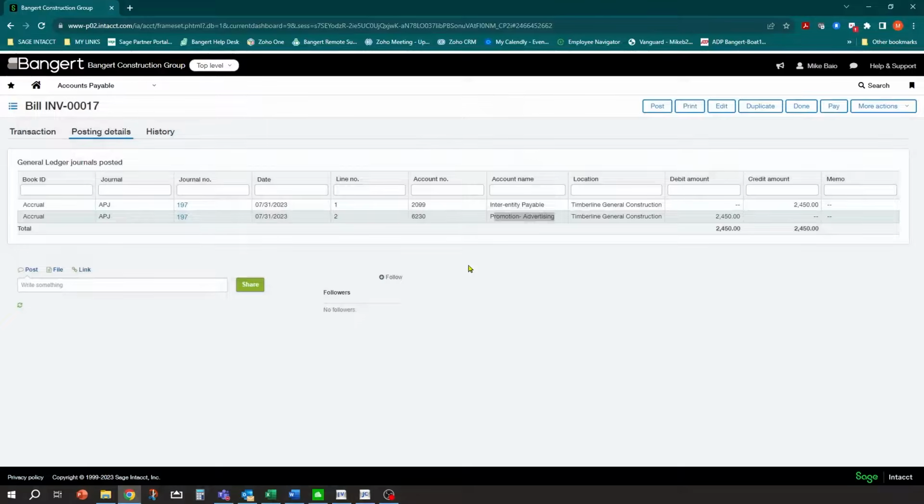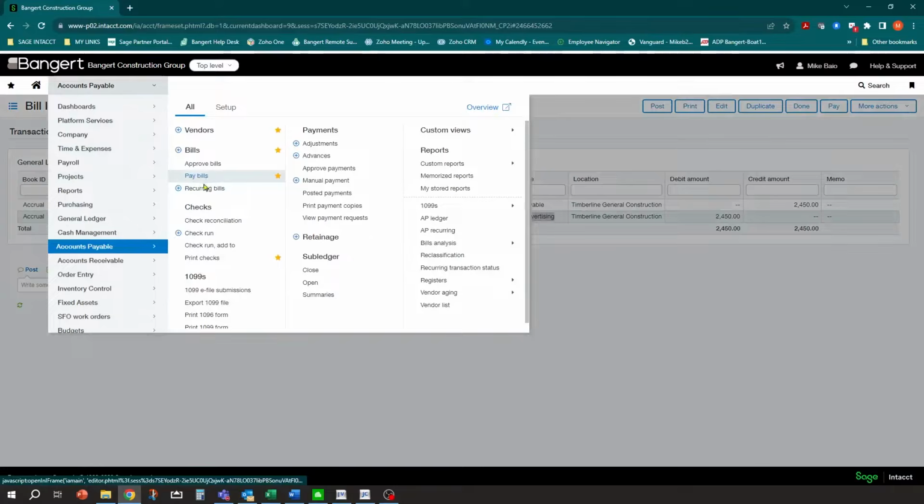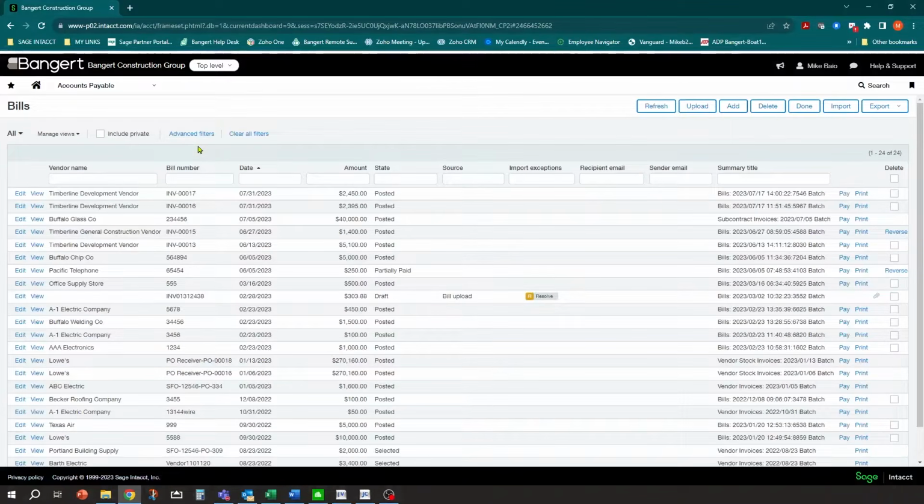So the other scenario is, well, we have an AP bill and we paid it, but then we voided it because it was the wrong check number or something like that, and now we need to adjust it. So for example, let's go into this bill right here, this 13 for 5,100.